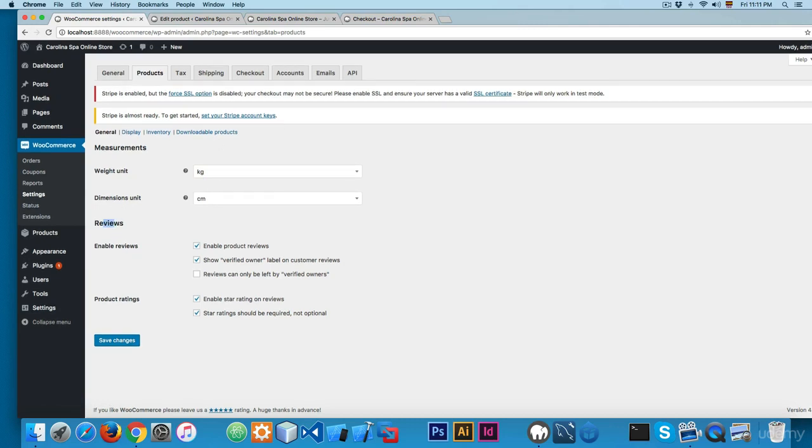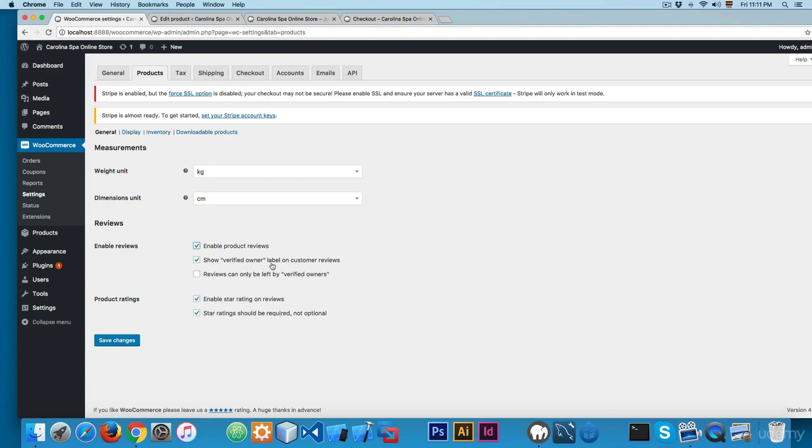Then, for example, here at the bottom we have reviews, and we have enabled product reviews. That's something nice, especially if you're trying to do some marketing. So it's important when people are trying to buy something from the internet to see some real reviews on the page. So you can enable or disable the reviews. I recommend that you add this. It's going to be important.